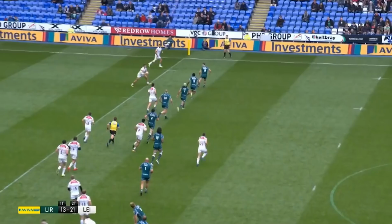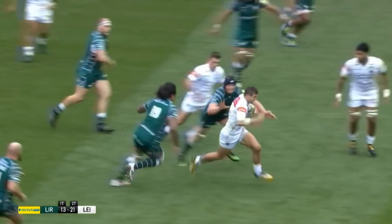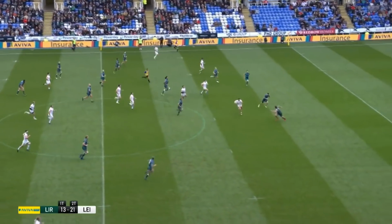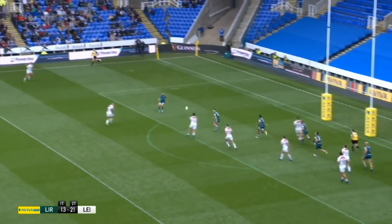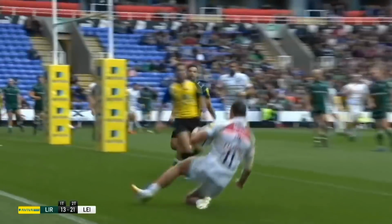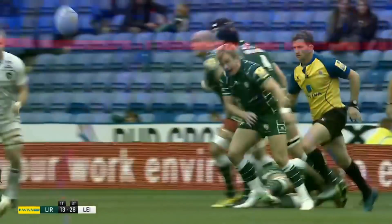But Leicester and Johnny May sprang straight back into action. This mazy run from the in-form winger secured Leicester field position in Irish's half. And from a maul minutes later, Toomua lofted a pass over the top, and May had his 6th of the season. The remaining 10 minutes belonged entirely to Irish, however, as they showed true fighting spirit and no small amount